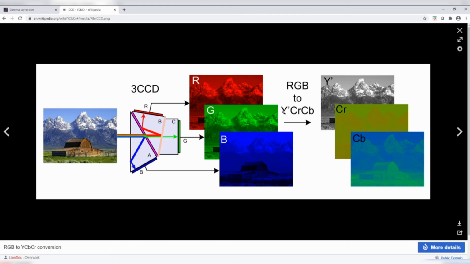Then if I convert this to YCrCb, what you essentially get is, in one component, the intensity part, the grayscale part, the brightness part, which is more sensitive to the brightness of this particular image. And then I get the difference of colors, Cr and Cb, chrominance in red and chrominance in blue. So this is the color vision, and this is the brightness part of it, okay.